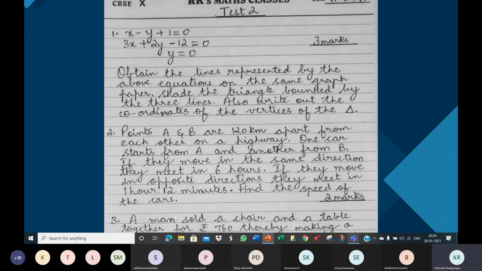Yeah, Shreya's shared her graph on WhatsApp. Good, Shreya, your graph is right, but pull the first line even more. Let it intersect the x-axis. Okay, ma'am. And also shade the triangle. I'm not able to make out the triangle. Please shade the triangle. Okay.